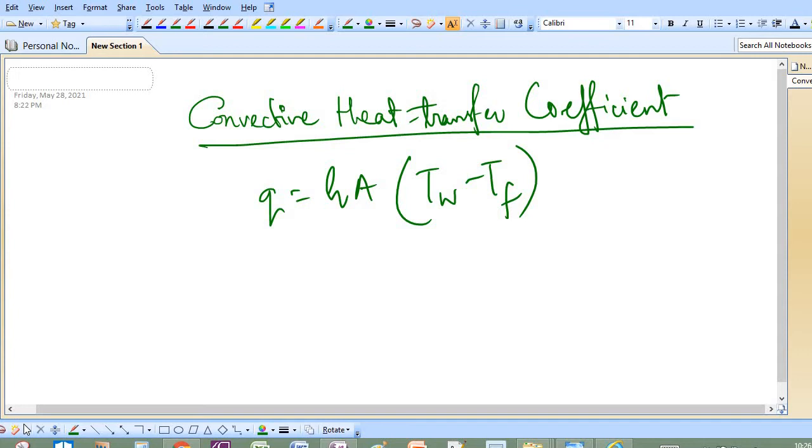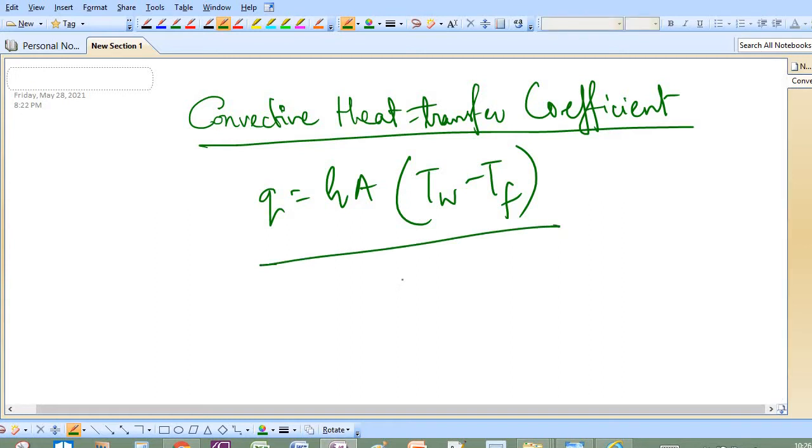important. So starting with what is convective heat transfer coefficient, we have a formula here for convective heat transfer as shown, that is Q is equal to HA (TW minus TF), where H is the heat transfer coefficient, Q is the heat transfer rate, A is the area, TW is the temperature of the solid surface in Kelvin, TF is the average or bulk temperature of the fluid. We will subsequently come to all of these terms and notations.